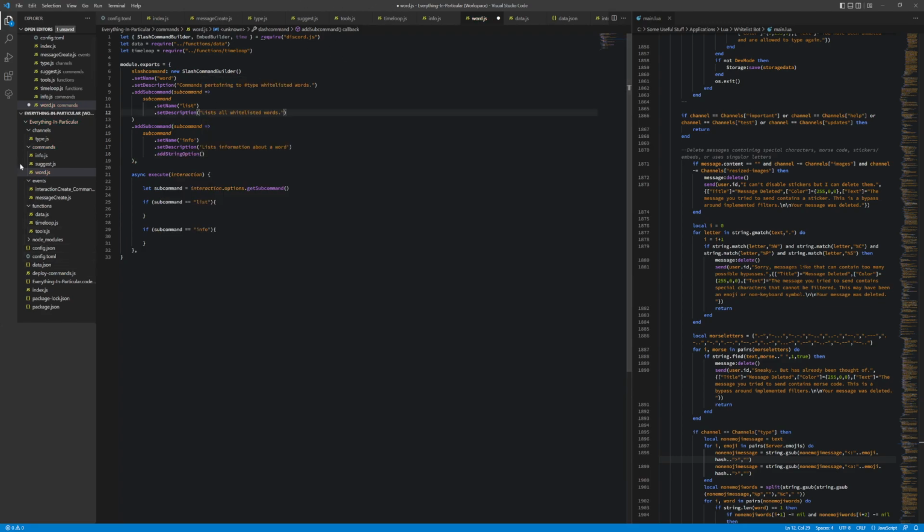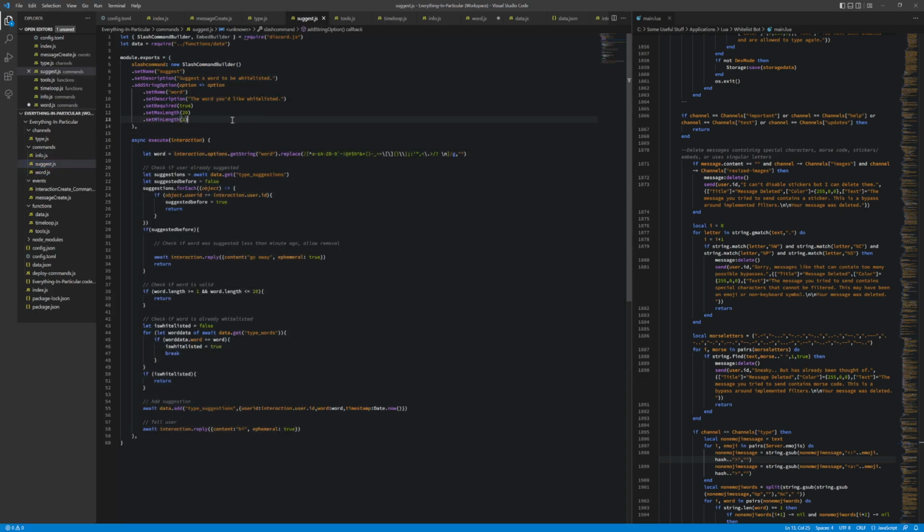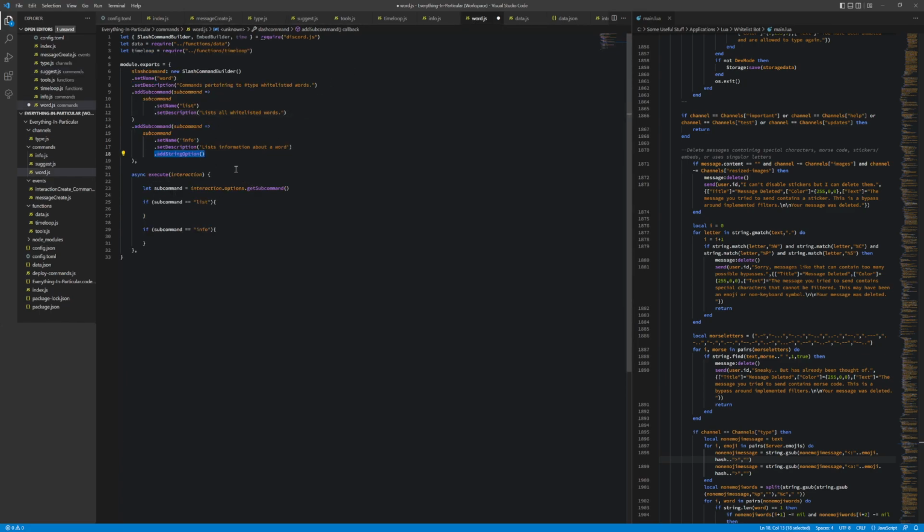which I'll just copy paste from Jest, because you just have to do the weird formatting with this function or whatever. Let's do this. So add string option, set name, word, yeah. Set description, the word, a whitelisted word you'd like info for. More like that. Okay. And then max length, min length, same thing. Set required true. Cool. So if we save that,